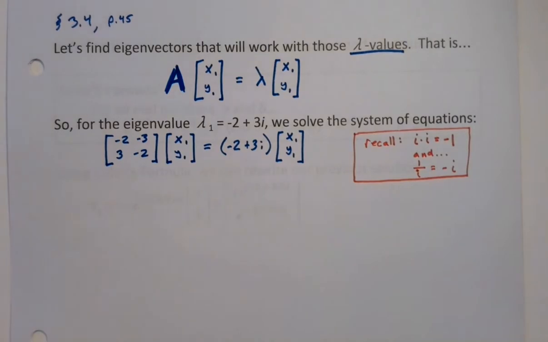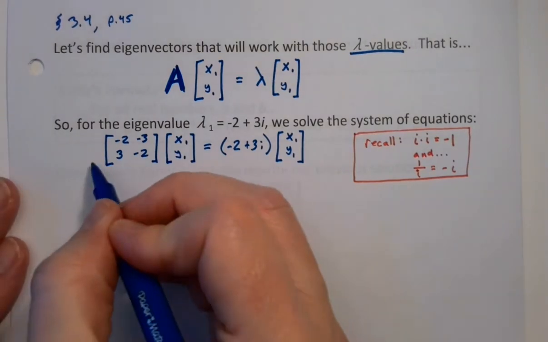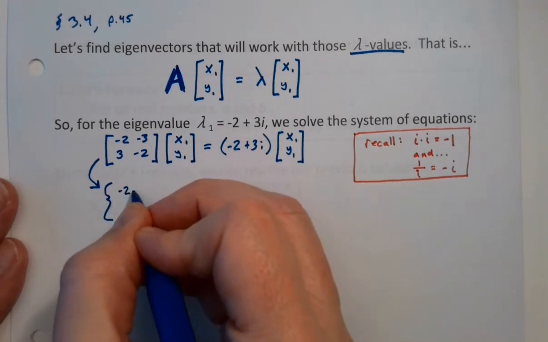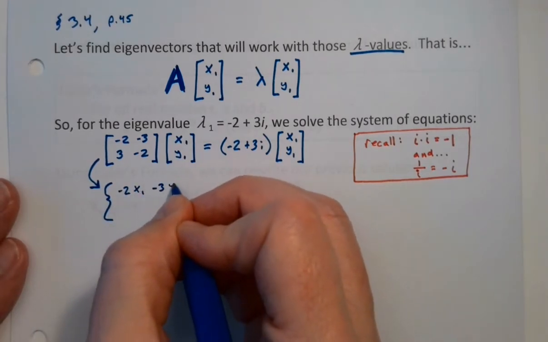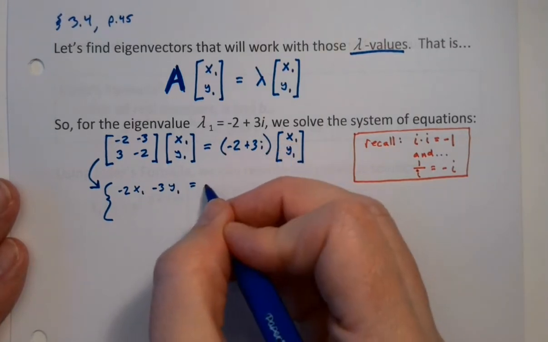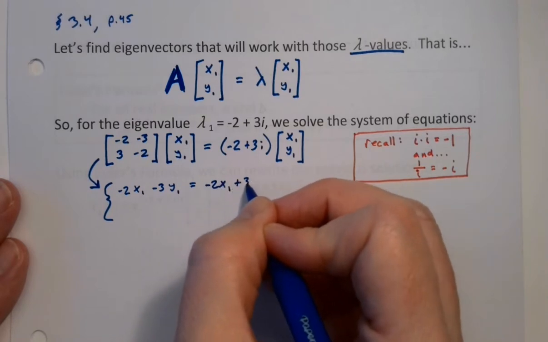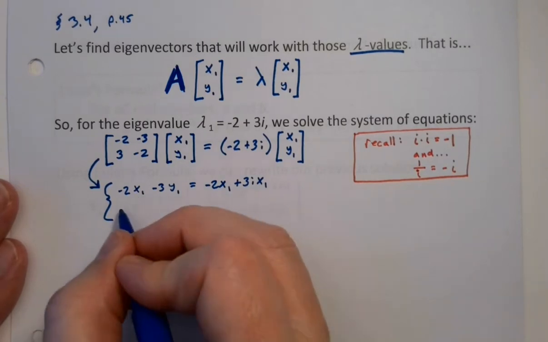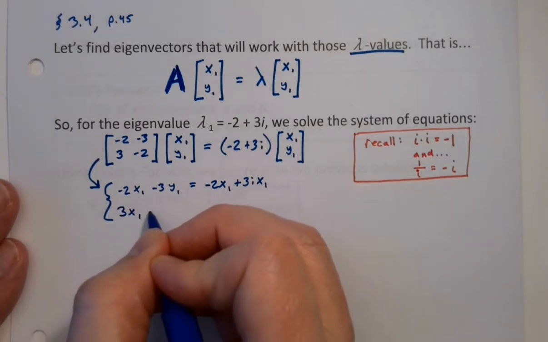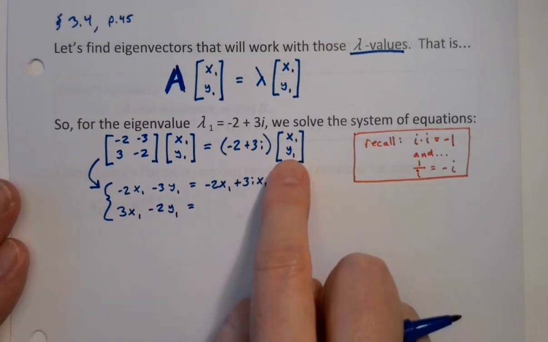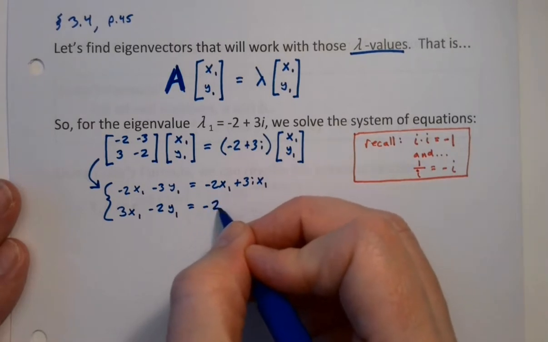Right? So over here, remember, this is going to turn into two specific equations. One of them is going to be the top equation, which would be -2x1 minus 3y1. And on the other side, that's going to be equal to this thing times x1, so -2x1 plus 3i x1. And the bottom equation will be 3x1 minus 2y1. And that's got to be equal to this thing times the bottom here, so -2y1